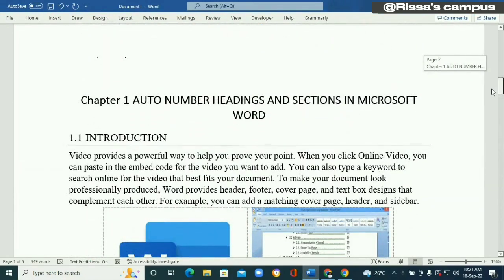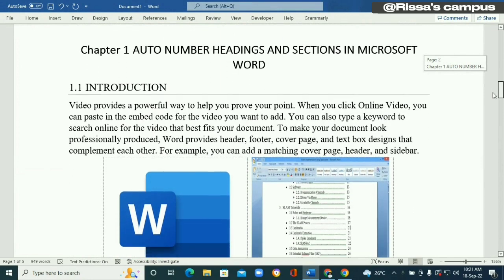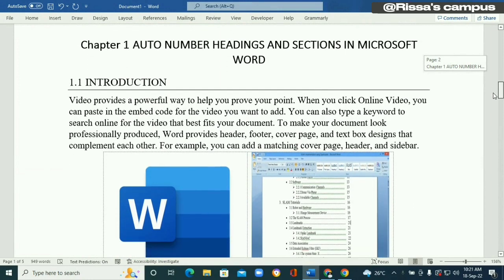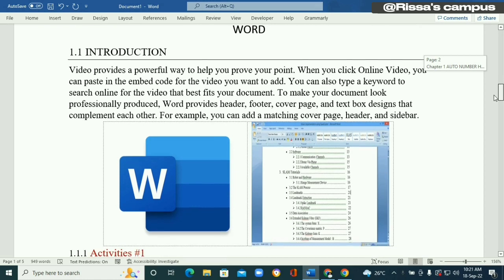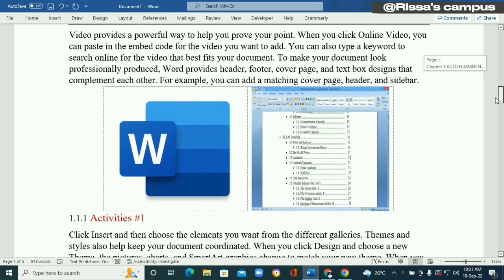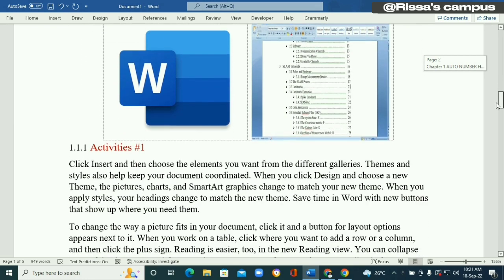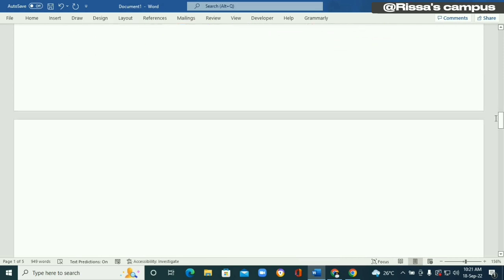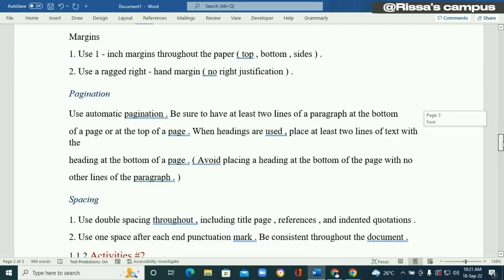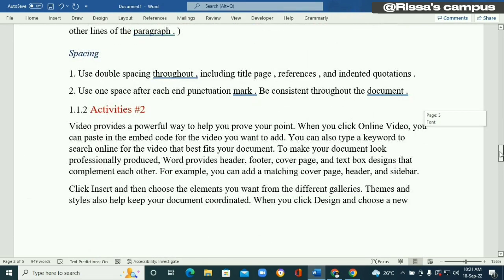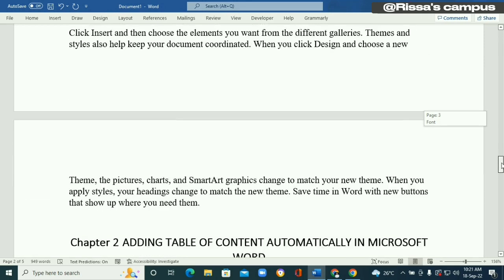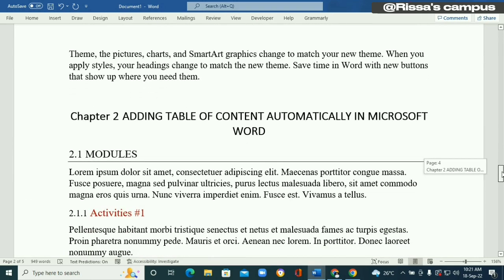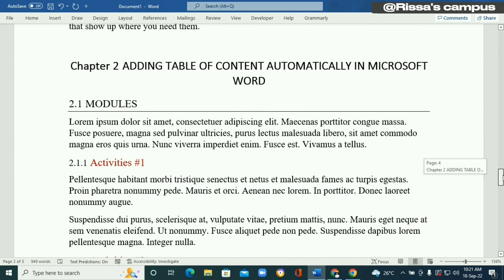This is chapter 1. You have the heading, and this is the subheading, which is introduction. As you can see, it is numbered 1.1. Go to the subheading, 1.1.1. That's under 1.1. As you scroll down, you see this one is numbered 1.1.2, and now go to chapter 2, 2.1,